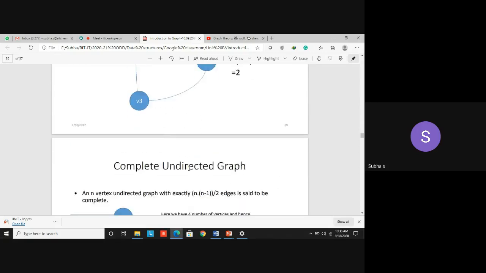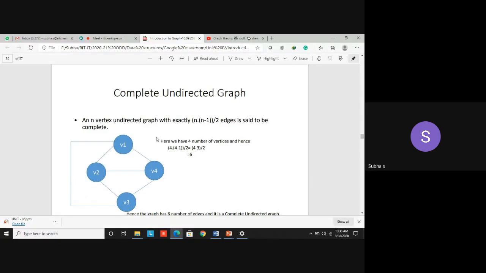How many edges are leaving a particular vertex? That is called out-degree. How many edges are entering that vertex? That is called in-degree. You have to add both, and that becomes the degree of the vertex. If all the vertices have an equal degree, then that is called a complete graph.